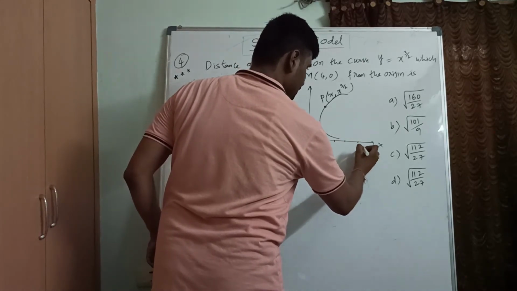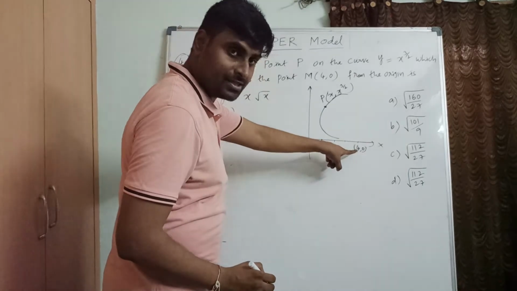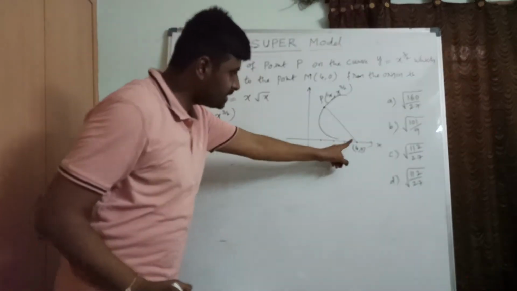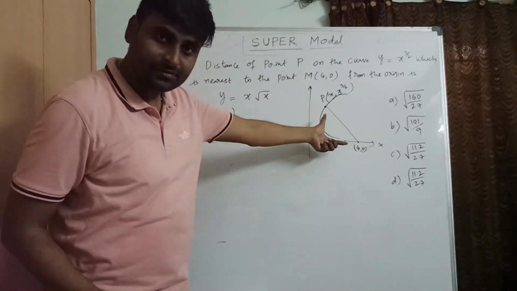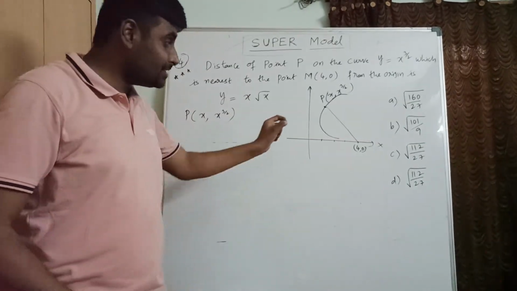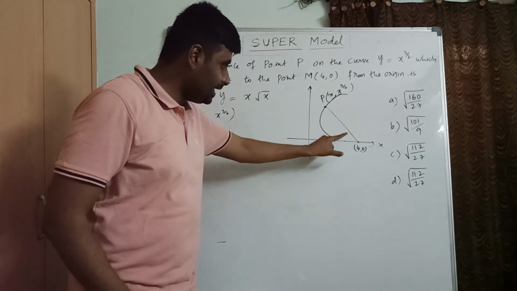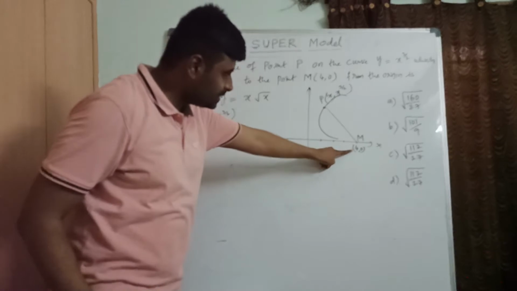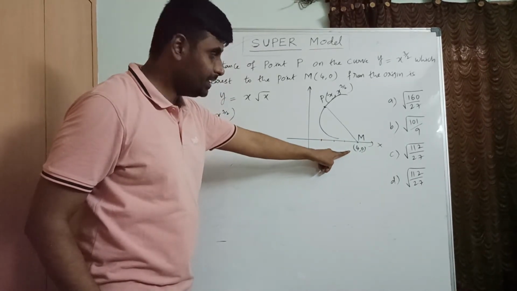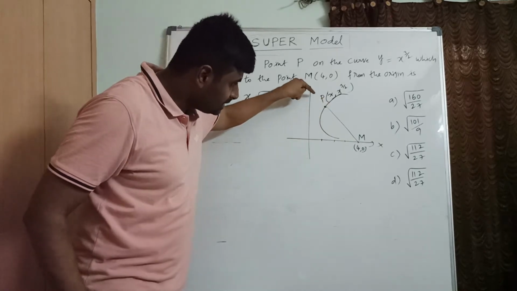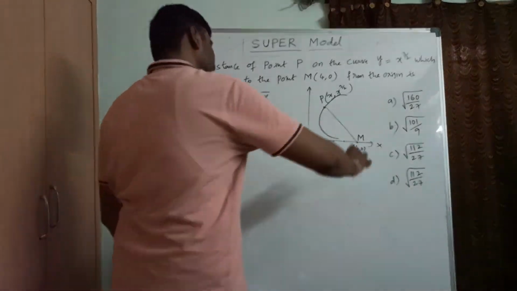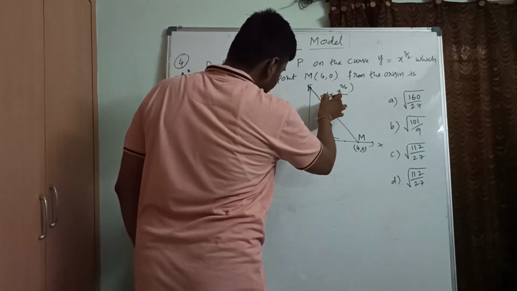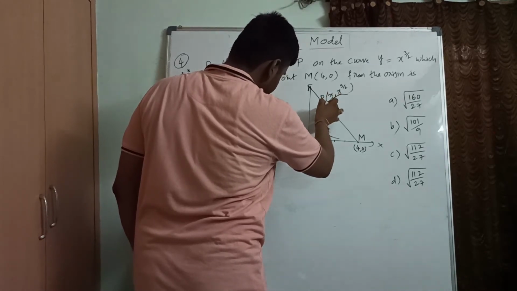So this is nearest to the point (4, 0). So when can I say this distance is nearest, meaning minimum? Whenever this is normal. So this point is important here. Let me take this point P and this as M. Now, when PM will be least, so whenever PM is minimum, this line is the normal for that curve. So this will become the normal for this curve, and imagine this is the tangent.